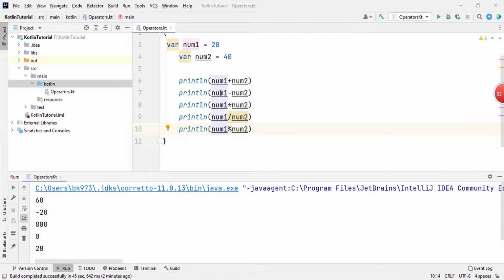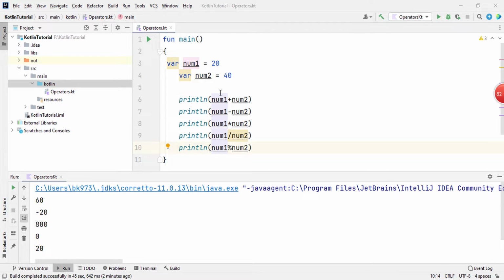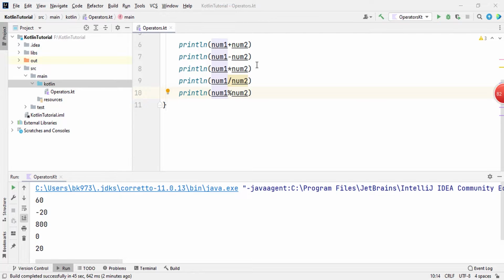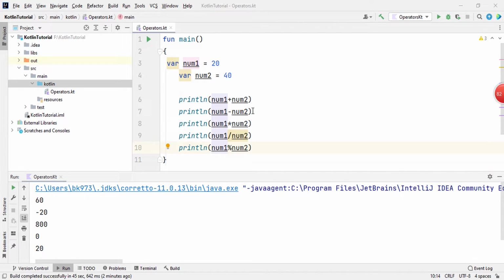Now these all were the basic arithmetic operators. So you can play with them. You can just take any values and assign them, and you can also give some double values. If I put here 25.5 or some other values, like I'll just change it to some double values, 7.5, anything, and then if I run this again,